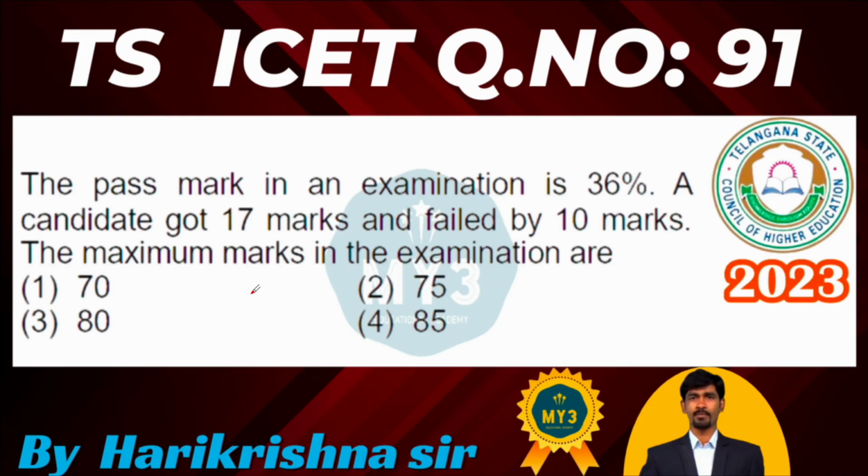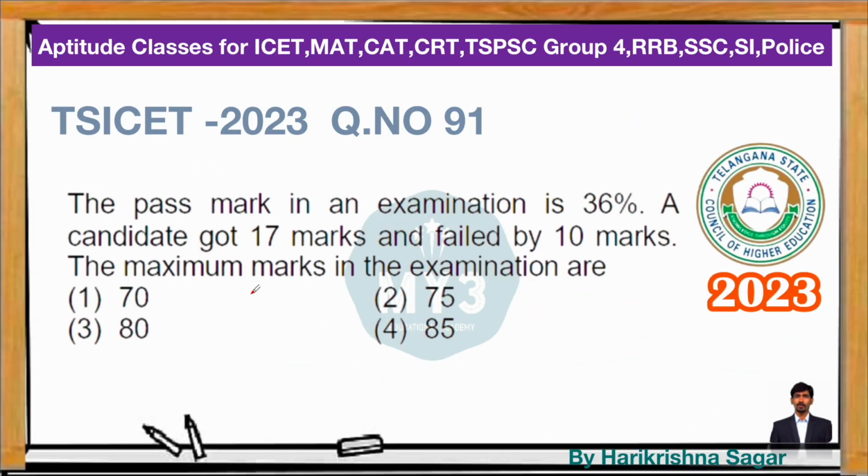I am Hari Krishna. The question on the screen is given in TS ICET question number 91. If you observe this question, the pass mark in an examination is 36%. A candidate got 17 marks and failed by 10 marks. The maximum marks in the examination are. These types of questions you can easily solve by taking less than 30 seconds of time if you